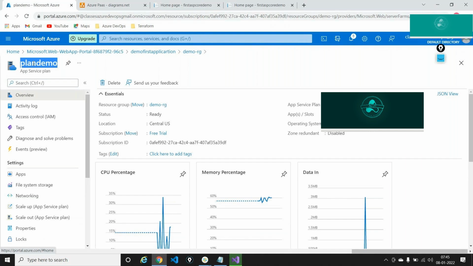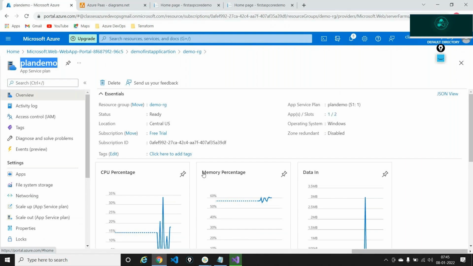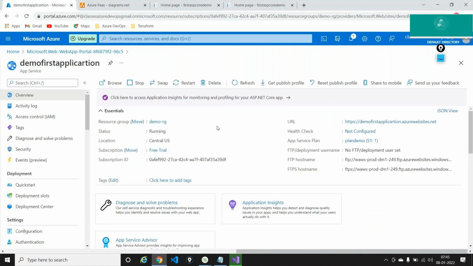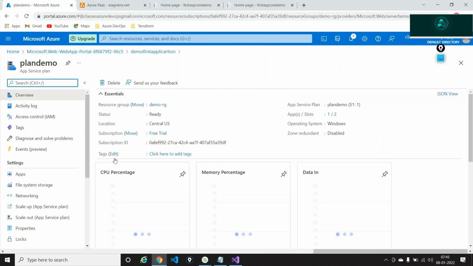So this is the underlying virtual machine for which you are actually charged, but you are not charged for the main application that is actually running. So applications are not charged. It's just the plan which is charged. So I can have multiple slots. So if we go beyond 5 slots, then it will be chargeable, right? I mean, firstly, if you go beyond 5 slots, this plan won't even support. The plan supports a maximum. So we'll have to change the plan. You have to upgrade your plan.